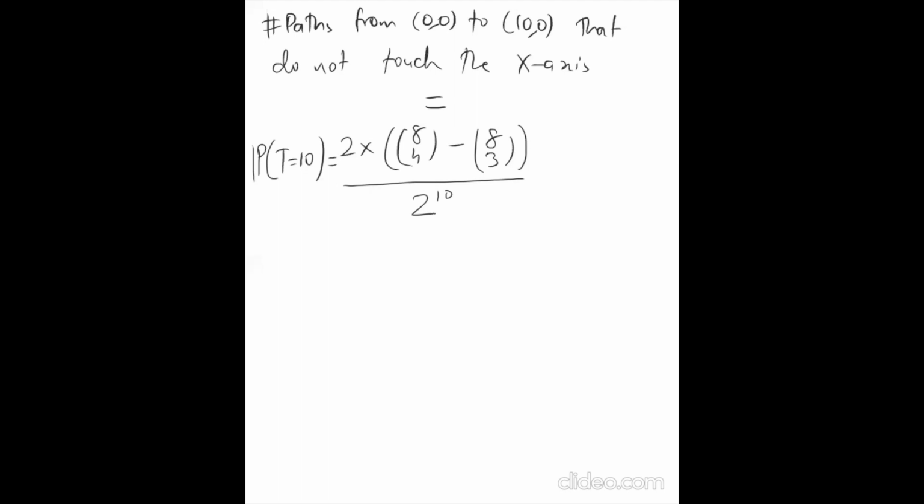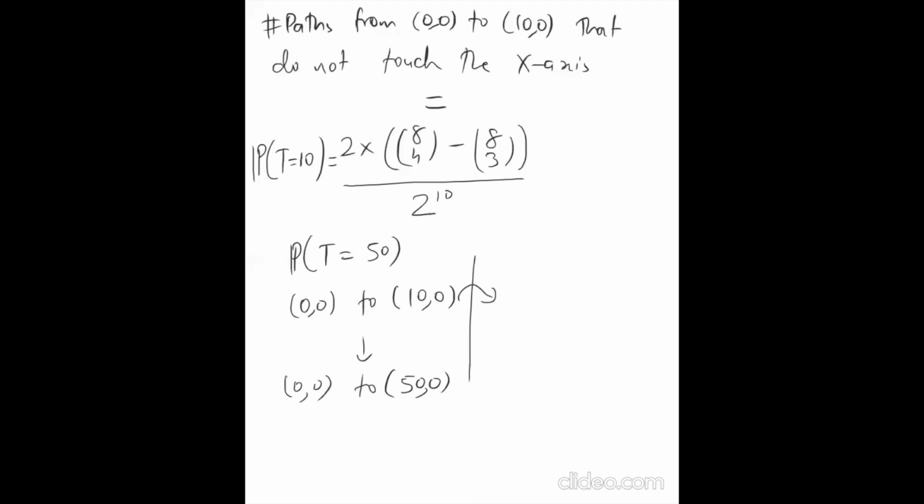And 10 was just an example. You could just as well calculate the probability that t is equal to 50. So in this case we calculated paths from (0, 0) to (10, 0). So there you would calculate (0, 0) to (50, 0). Okay, what we first did was a bunch of reductions. We just changed the problem a couple of times before, and then finally there was one problem which we actually solved, right? So this problem finally changed to paths from (1, 1) to (9, 1)